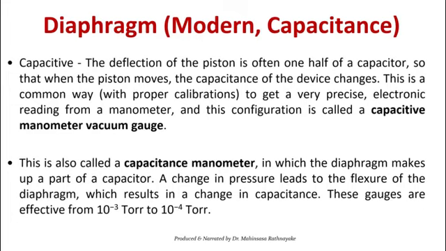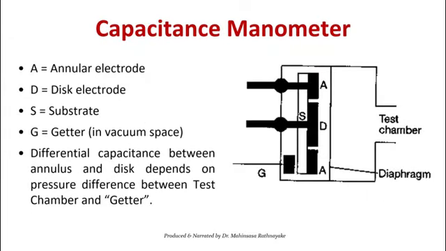So normally it can be called a capacitance manometer also. Sometimes it is used like this, but I will explain this later also. This has some link with the resonance wire gauge as well as the ionization gauge. A similar concept is there. But anyway, what happens here is there's a diaphragm. When the pressure is applied on the diaphragm, it can work as a pressure capacitor, and the displacement can be linked with strain, right? Then strain can be converted into a kind of